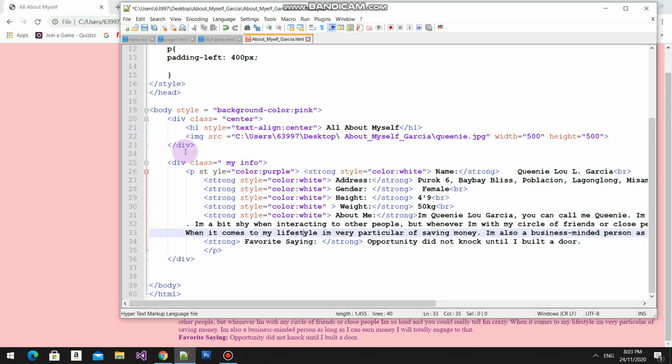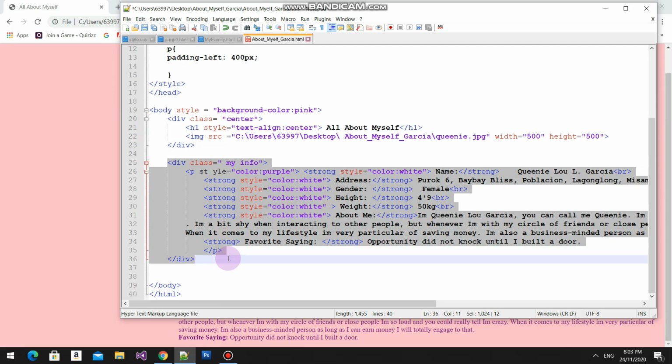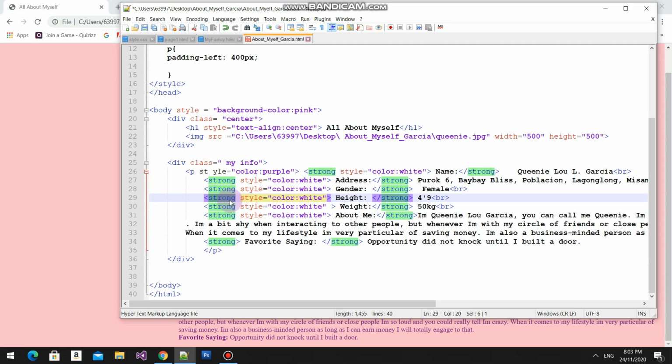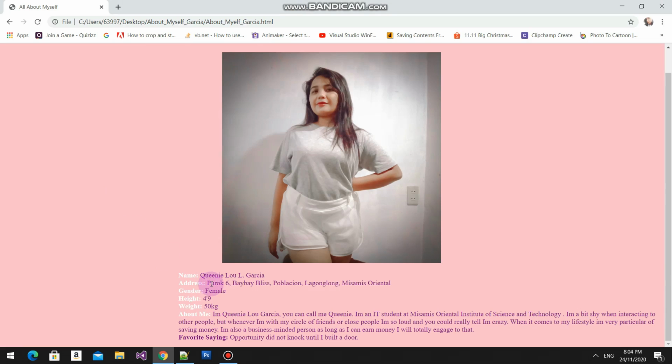So in this part of the HTML code or our HTML structure, this will be the one who will give the text or displaying the text here in your or in my home page.